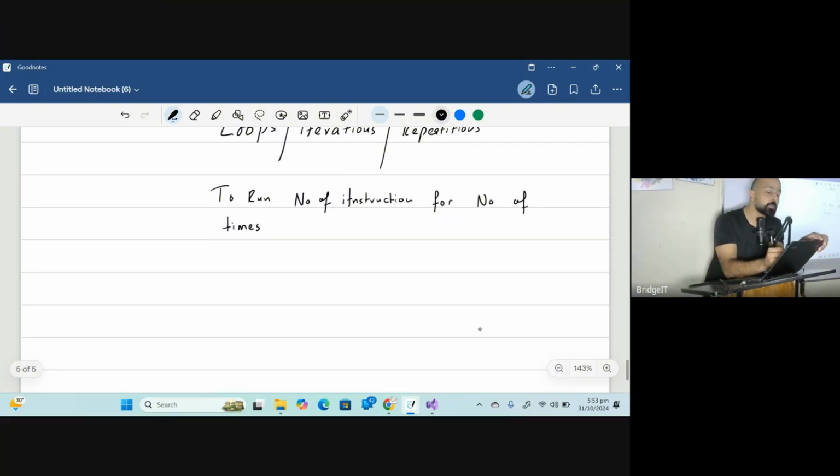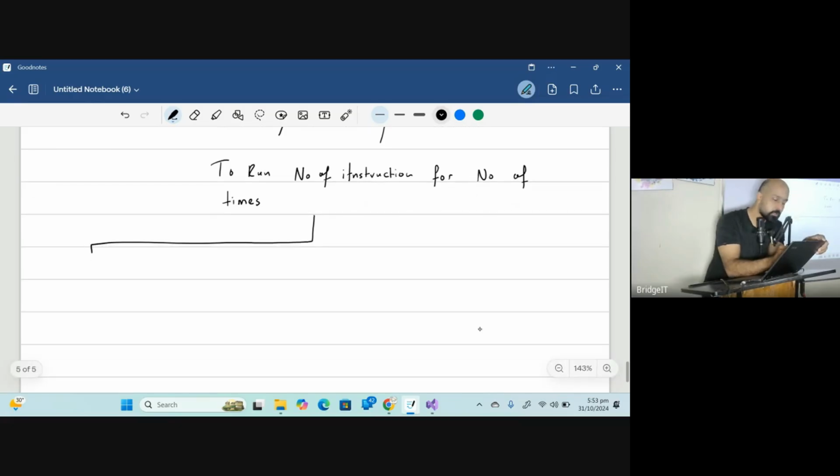But how many types of loops do we have in all the programming languages? The very first one is known as count controlled, which is known as for next, or some people call it for and for. Then we have conditional loops.